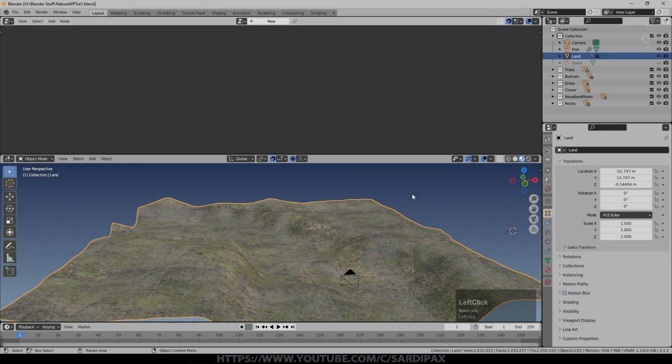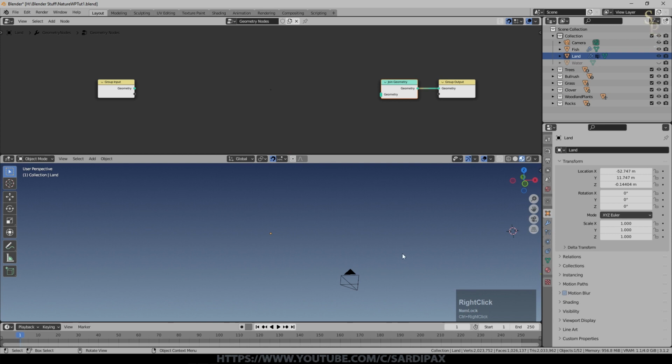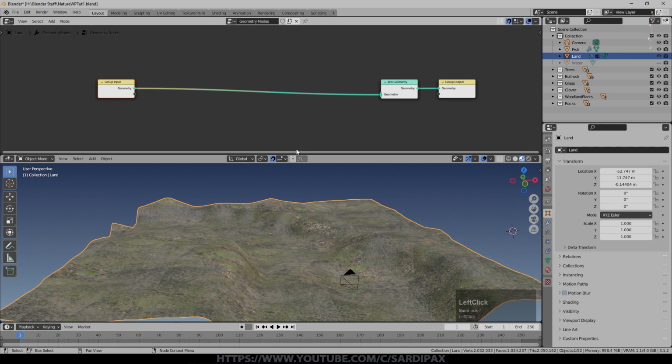So we'll go to the geometry node editor with the ground selected, and we'll click new, and we'll just move those apart. And I'm immediately going to add under geometry a join geometry node and just put that there. Reason is, if I cut that line, the ground is still there, the landscape is still there, but I can't see it anymore. So I need to be able to, whatever else I do, have that still making its way through the geometry node setup.